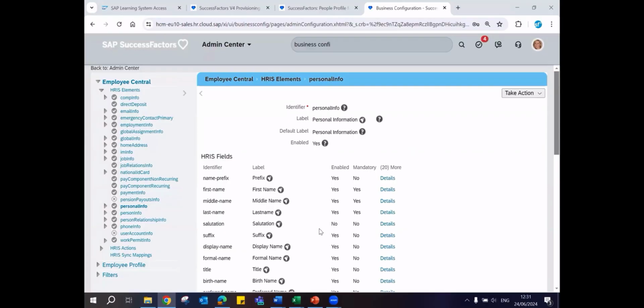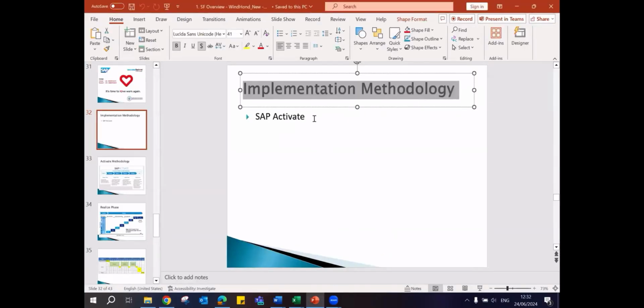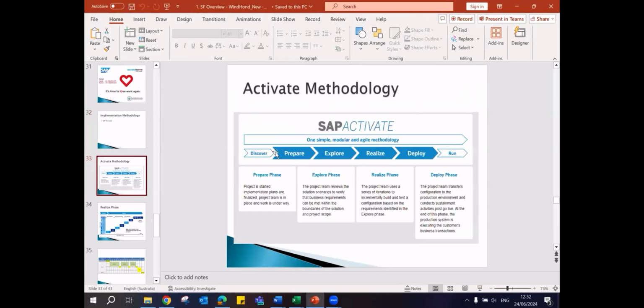Sounds good. So I'll be sharing some introduction-level documents as well, guys. And tomorrow we'll connect again at the same time and look at the implementation methodology. That's our next agenda topic: how do SuccessFactors projects work in real time, in the name of implementation methodology? The stages of the project from start to end, how does an SF project look, what are the stages, all that. This will be in our discussion in tomorrow's session.